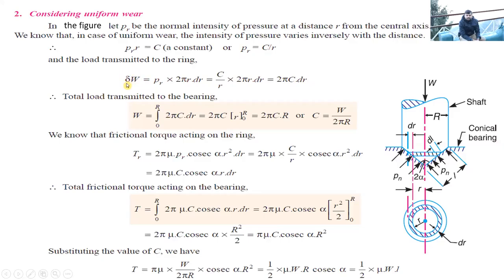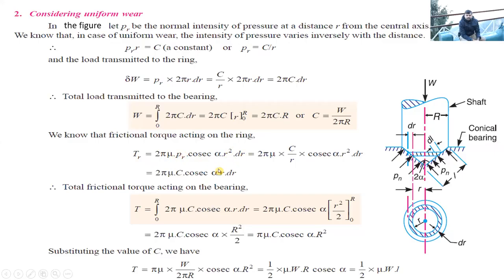In order to calculate the load acting on the whole surface, we will integrate it from 0 to R, and this comes out to be 2 pi C into R. Now this C is equal to W upon 2 pi R. Now the torque which is acting on the elemental ring would be 2 pi mu PR into cosec alpha R square dr,